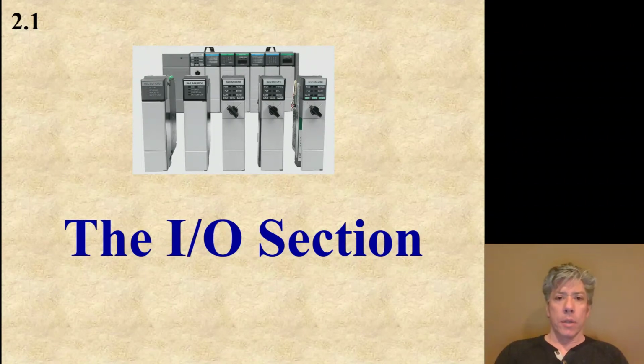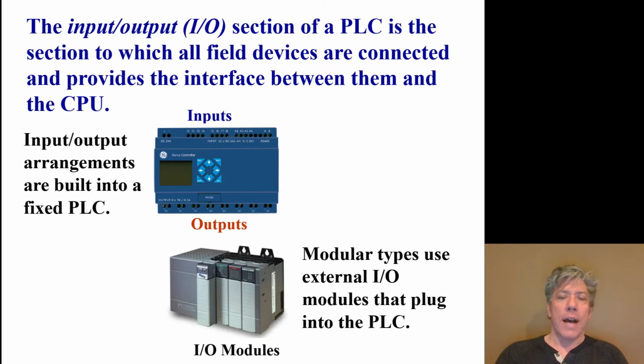The I/O section, or input-output section. Anytime you hear the words I/O, it means input-output. And basically this is the section of the PLC that connects to all the field devices, and what that means is that all the switches, which are inputs, and all the devices that are outputs are connected to this portion